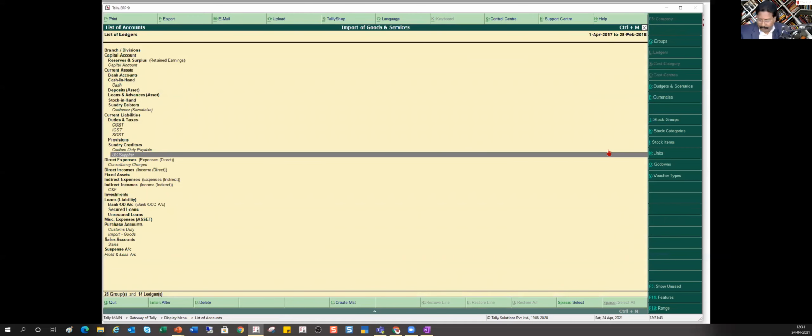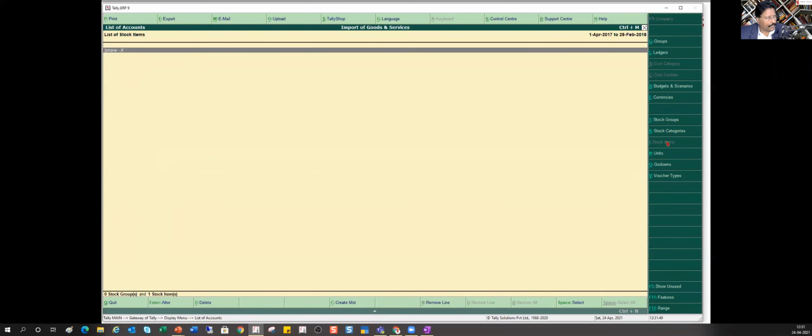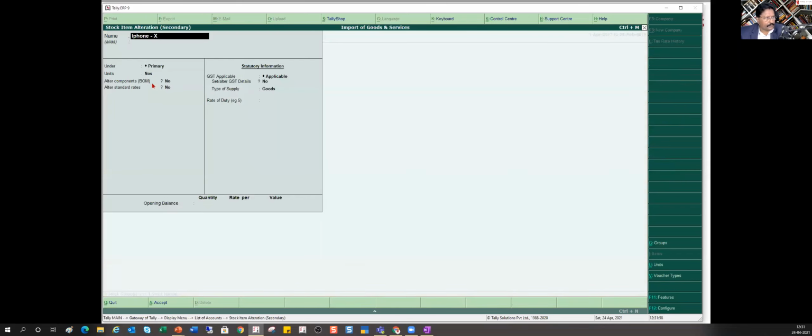Then I'll come to my stock item. I am importing this iPhone X from the US. What are you going to do? I'm not going to do anything here. I'm just going to say primary, because I'm importing this item, and this item has got 18%, which I've already done.